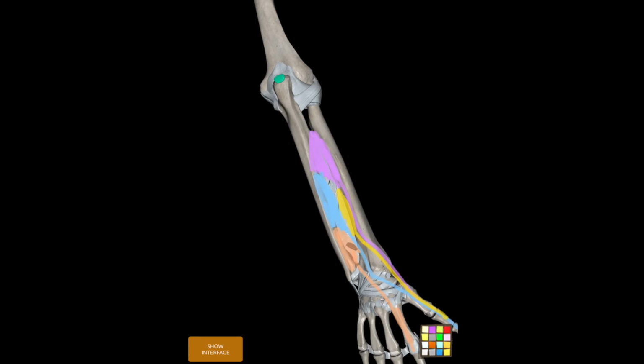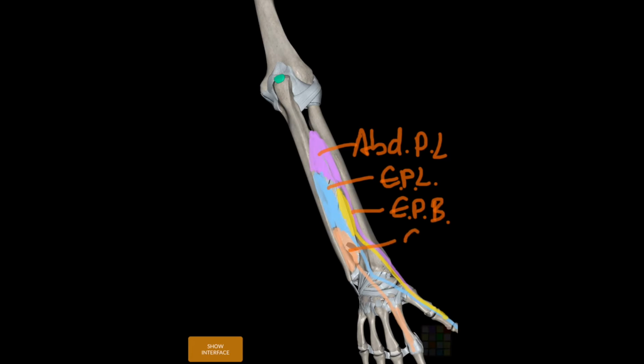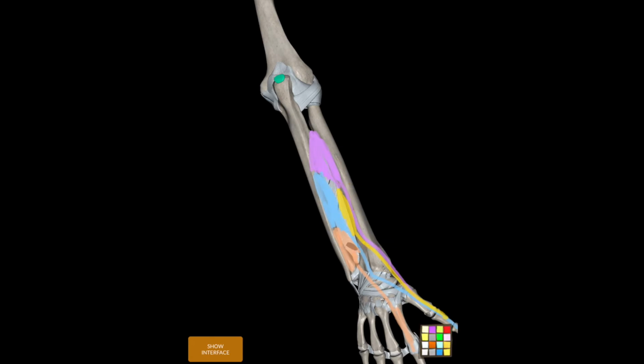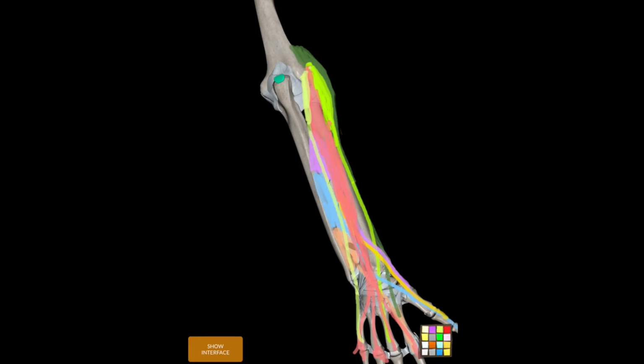Naughty. I'll just label these again because there's a few of them for revision. Abductor pollicis longus here, extensor pollicis longus, extensor pollicis brevis, and extensor indicis. If we add in the superficial group, extensors carpi radialis longus and brevis, extensor digitorum, extensor digiti minimi, and extensor carpi ulnaris, it's worth drawing in here flexor carpi ulnaris because it is more prominent posteriorly, and it does have this shared origin with extensor carpi ulnaris along the posterior border of the ulna and also extending onto the olecranon